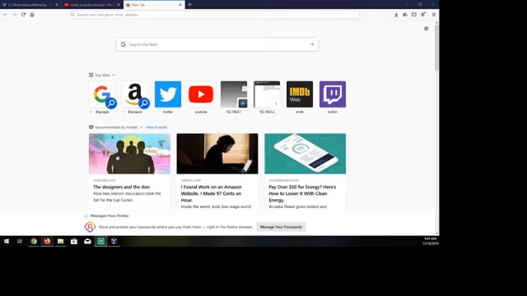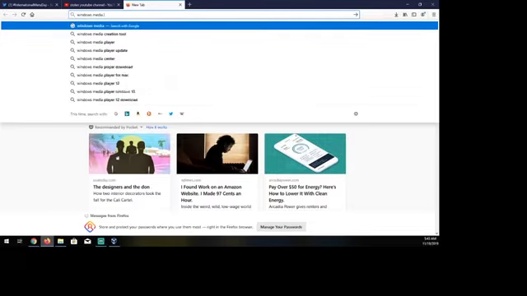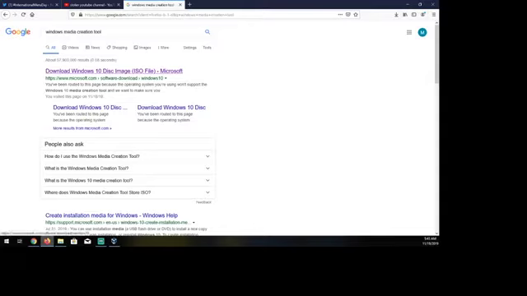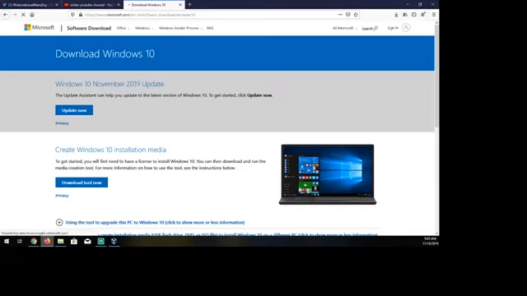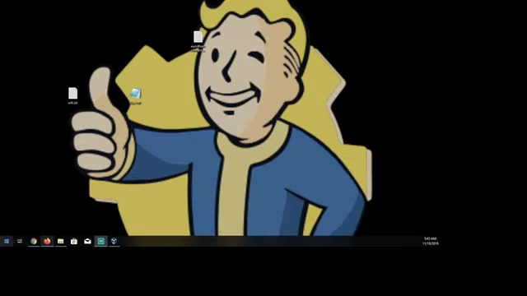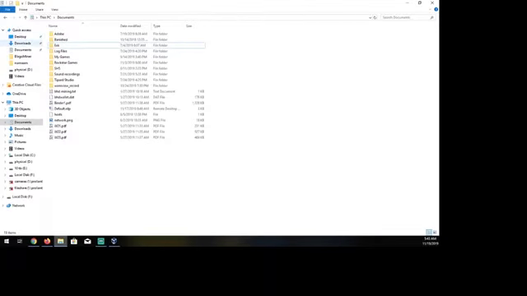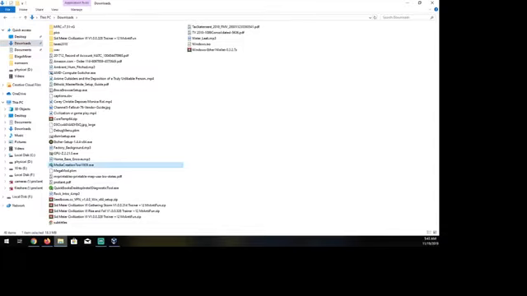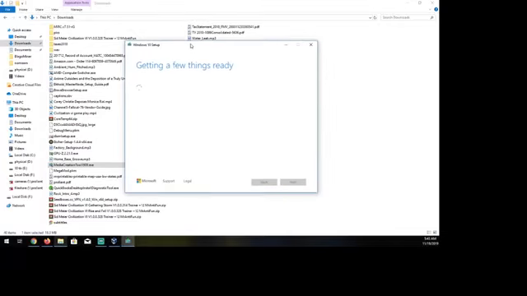So to do this, you need two things. Windows Media Creation Tool. Click on Download Windows 10 Disk Image ISO file. Click on Download Tool now. Now I've already downloaded the ISO. Oops, wrong button. So you're going to want to double click on this. It's going to scan your machine,